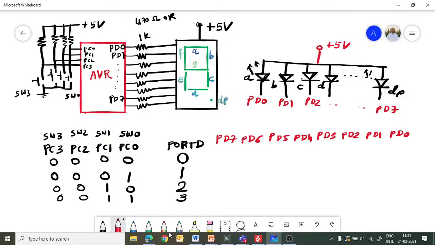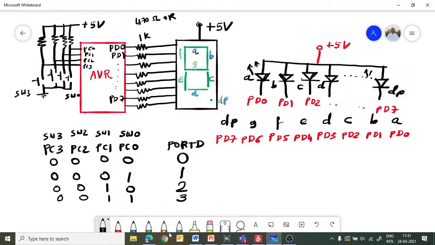That means PD0 is connected to segment A. This is B, this is C, D, E, F, G and dot point. So only G and dot point should be off, all other segments should be on, right?